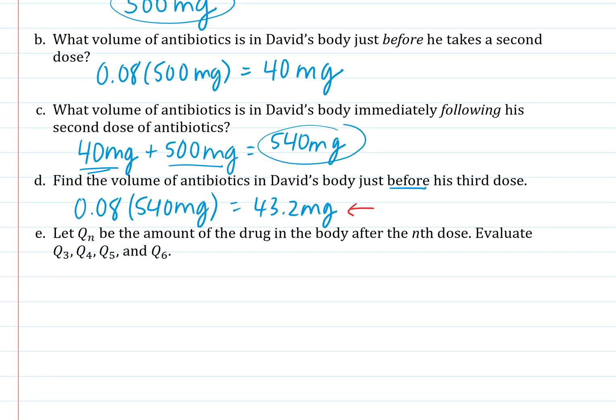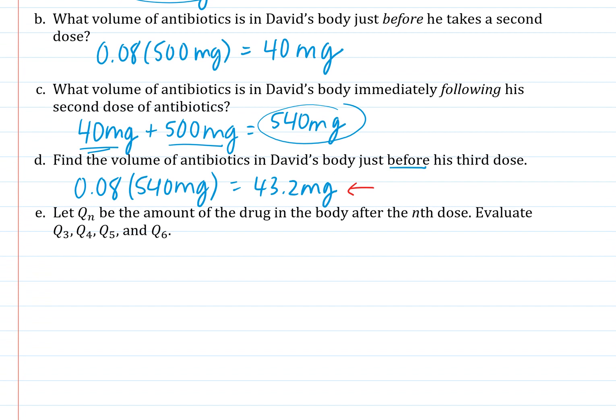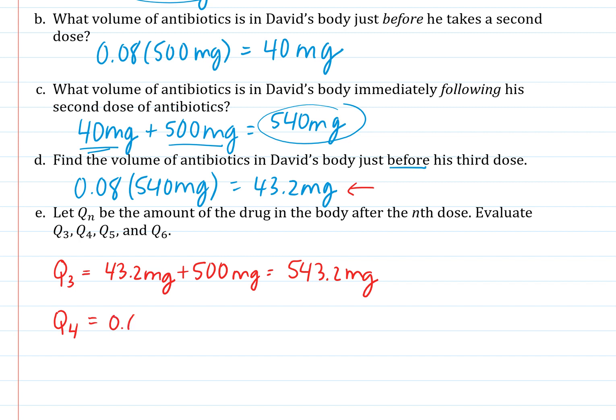So if Q sub n is the amount of drug left in his body after the nth dose, evaluate all of these. So Q sub 3, we know he has 43.2 milligrams left over from the first and second doses, plus a fresh dose, puts him at 543.2 milligrams. And Q sub 4, now he's going to have 8% of the 543.2 milligrams left over. That's how much he had after the third dose, plus, again, a fresh dose,